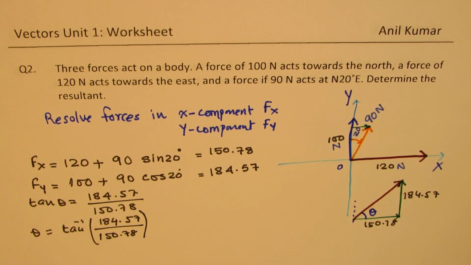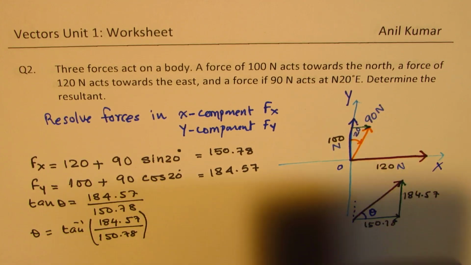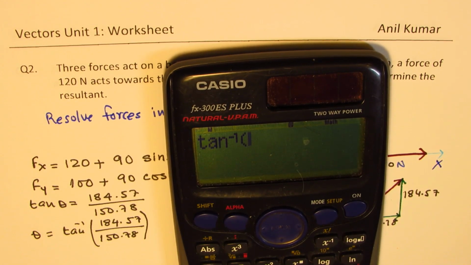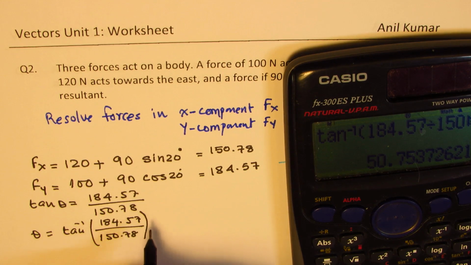So let's find this. So we'll do tan inverse of 184.57 divided by 150.78. That gives us 50.75